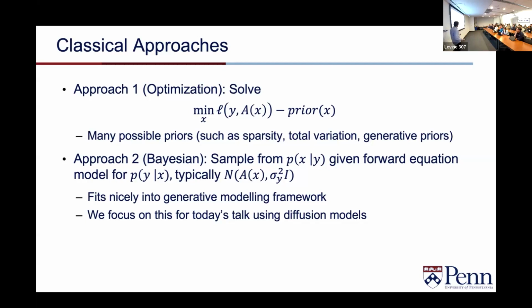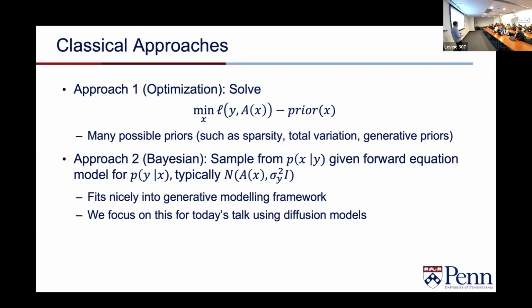The second approach, which is what I'm going to be focusing on today, and is the more popular approach these days, is to leverage the power of generative models and approach this in a Bayesian manner, which is saying that I actually want to sample from a distribution that is P of X given my measurement Y. We're going to treat our forward equation model as a model for P of Y given X. In the case where I added some Gaussian noise, this is typically going to be some sort of Gaussian distribution that has mean A of X and has some additive noise to it. We're going to focus on this today in the context of where I want to sample from this distribution